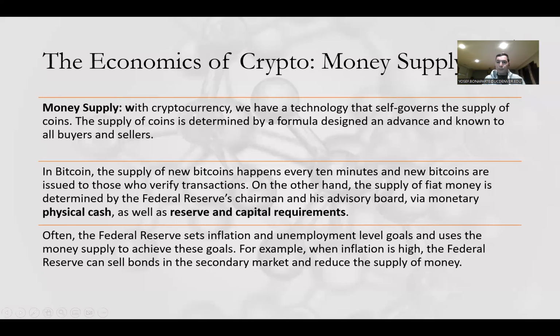Money supply, and that's important. I have a book about the Federal Reserve Bank, and in that book, I show that when the Federal Reserve increased the money supply, like in 2020, when it increased it by $3 trillion, and from there another 2 or 4 trillion, the wealth inequality increased, and the top 1% hold a lot of cash, a lot of wealth.